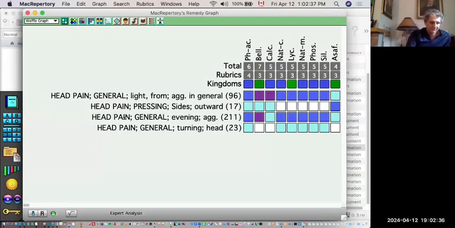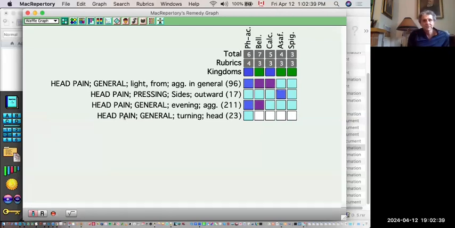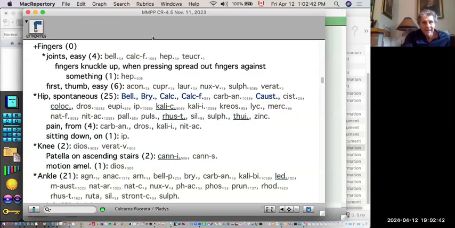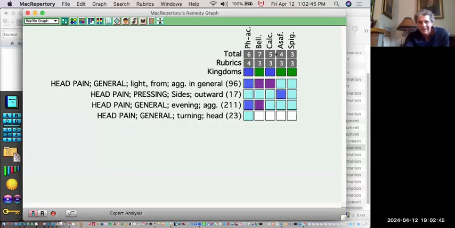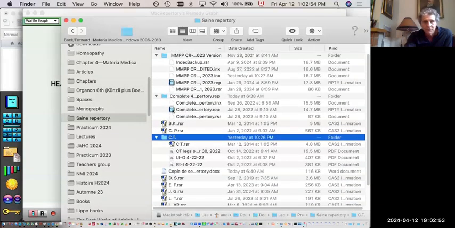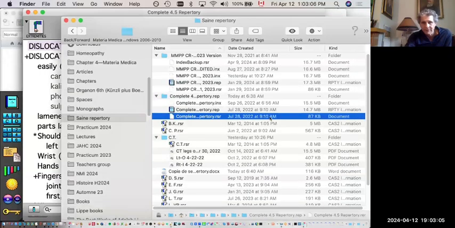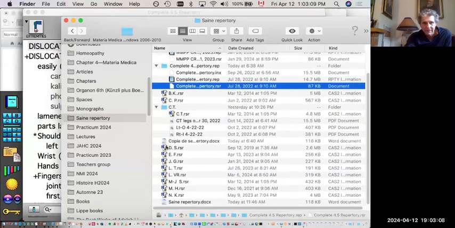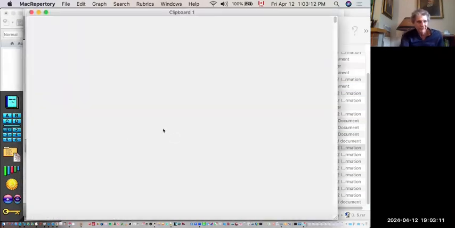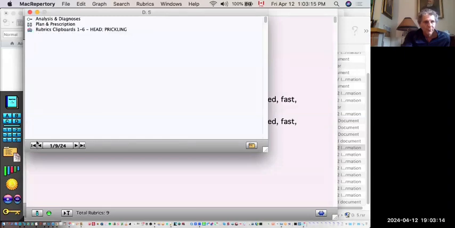So I looked at this with the MMPP repertory. So I look at azafatida because she has multiple myeloma. Now, if we look at it with the Complete Repertory 4.5, the azafatida, it's Tim, the presenter, our host, that did the monograph of azafatida. And then if we reopen the case, which is DS, sorry, and we go back to October 9th,